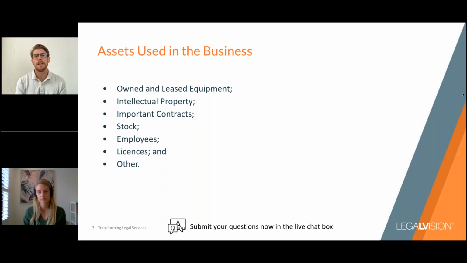With intellectual property, obviously this can be key to the business. Things like trademarks, other branding that isn't trademarked, content on a website, and other know-how is what we would define as intellectual property. Typically in a business sale, meaning all of the assets of a business, you'd be getting all of the intellectual property, and it would also include things like the business name. Then important contracts. For a lot of businesses, there can be important contracts, whether that's with suppliers or with clients, and you want to make sure that these are in place and that they're fit for purpose. We can get into that a bit later as well.